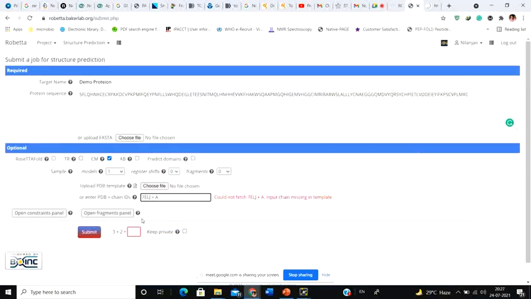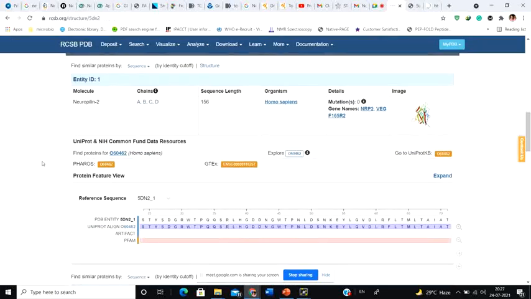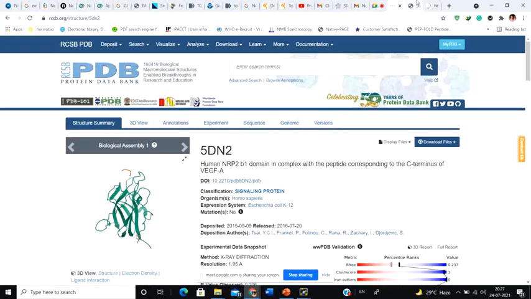Then you write 7ELJ plus B. Here it says could not fetch 7ELJ plus A because the input chain is missing in the template, because my molecule doesn't have that kind of chain. That's why it says it's missing.